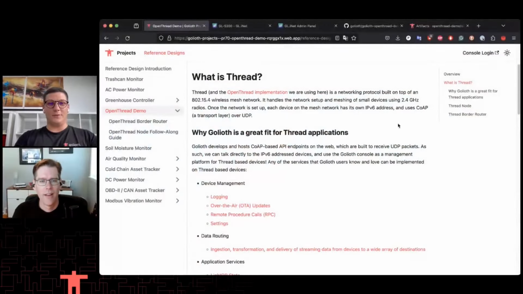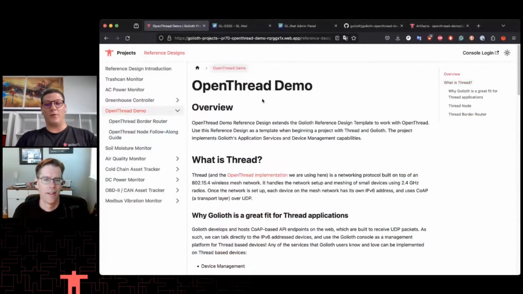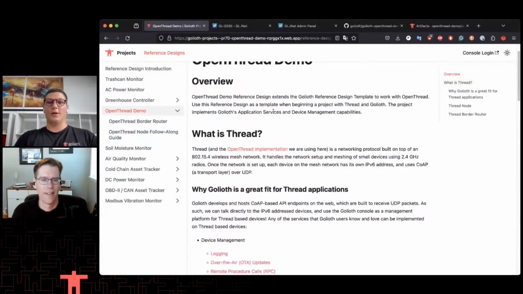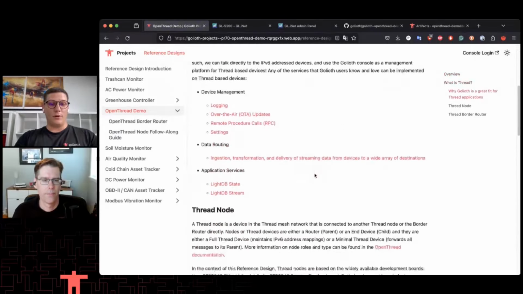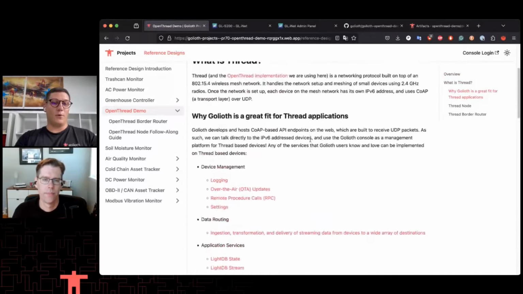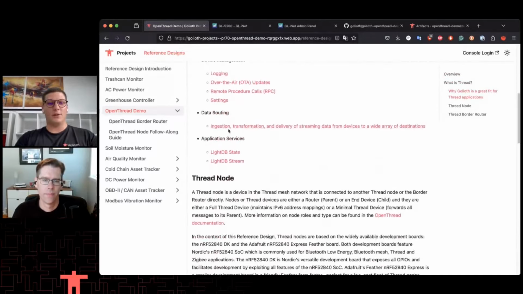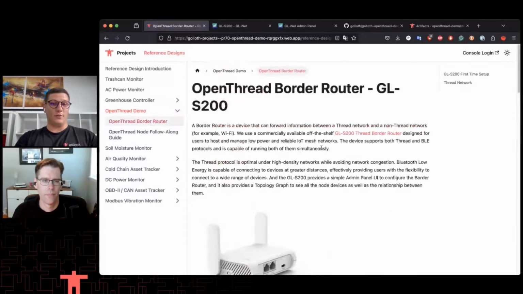Cool. Should we jump into the demo? Yeah, for sure. So we have created a new reference design, an OpenThread demo. This is our projects page where you can read a bit more about it. We talk about the border router, we talk about Thread nodes, and if we go to the Thread border router,